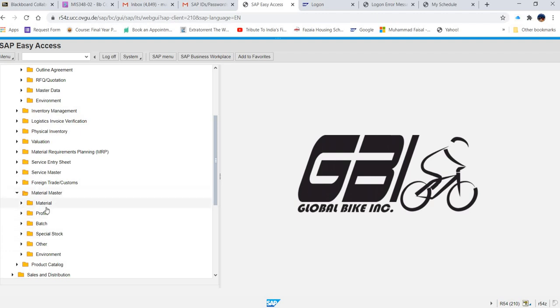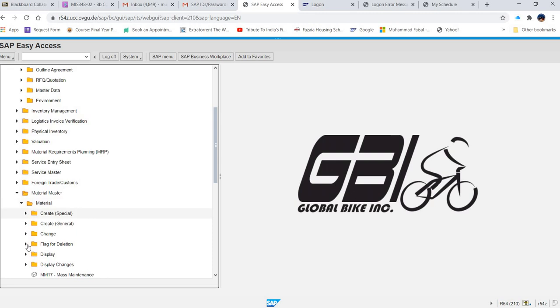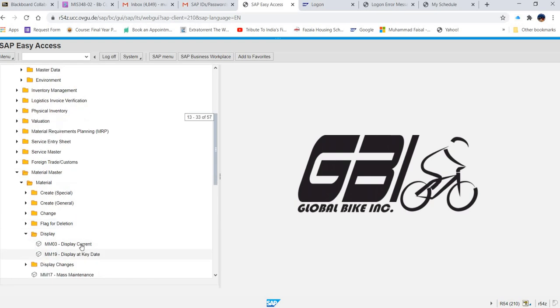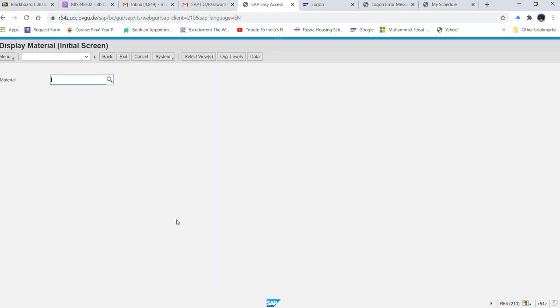Under material master, we have to check which one? Material, and under material, display, and under display, we have display current here. So now this is the transaction.